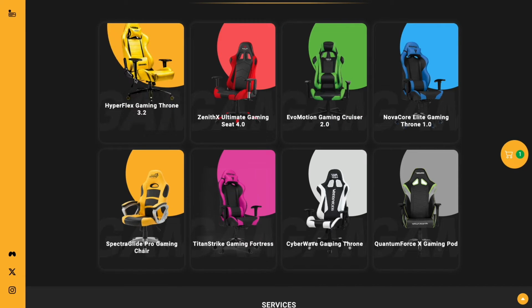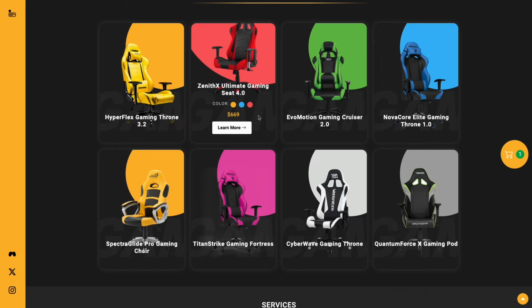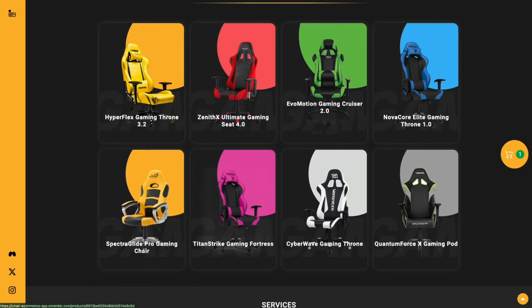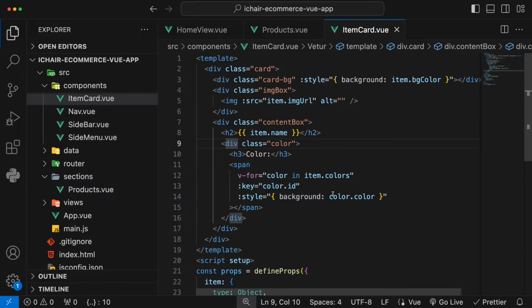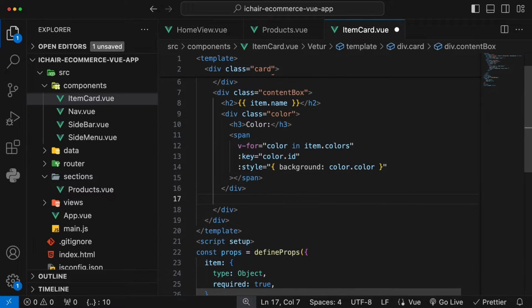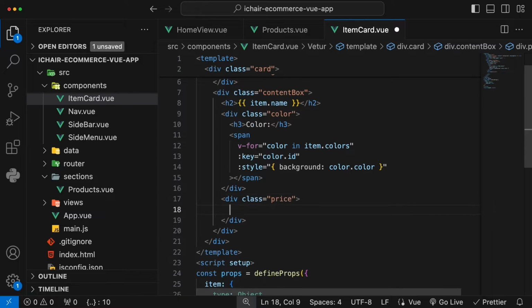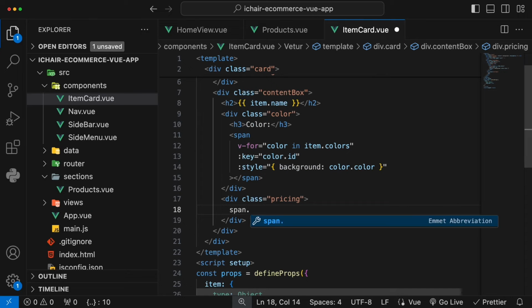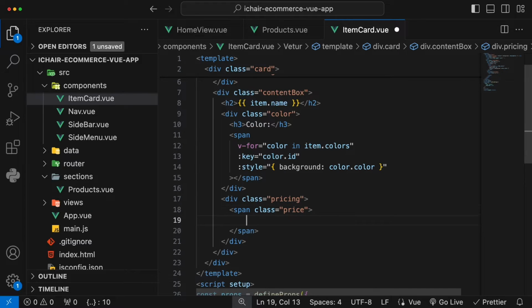You have to identify which one has a discount or which one does not have a discount and show them differently on the DOM. So when we come back to our editor, inside the price, so this is the color section, we create a new div, we say div.price, we'll create that one first. And inside this, actually the class name is pricing. Inside this pricing, what we're going to do is also use the span to show our price. So we create a span and give a class name called price. So inside here,